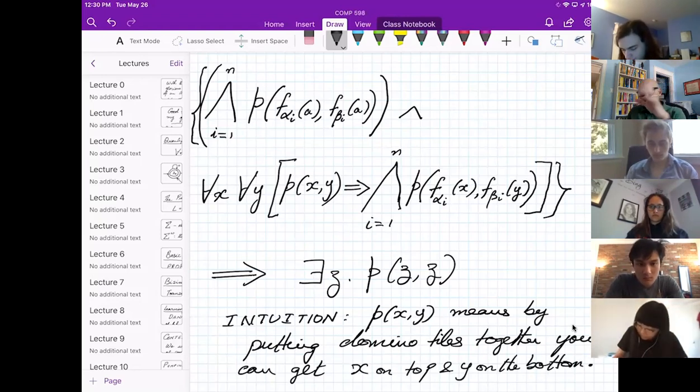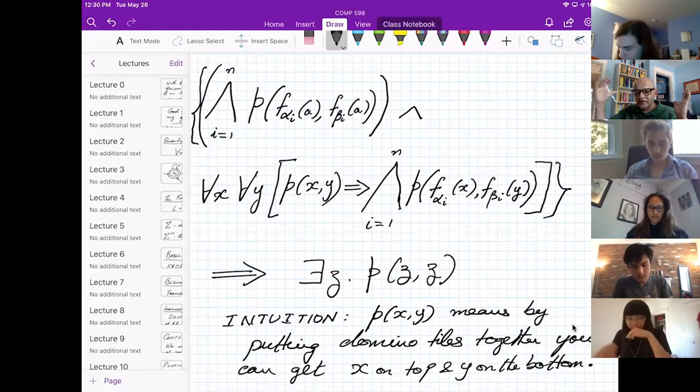So if PXY holds for two strings X and Y, it means exactly that somehow I found some combination of dominoes that produces, when I concatenate all the top strings together, I get X, and when I concatenate all the bottom strings together, I get Y. It doesn't say that X is equal to Y. Of course, it doesn't say that. It just says I put some strings together and I got some strings. All right, clear? Good. So let's see, why does it say that?